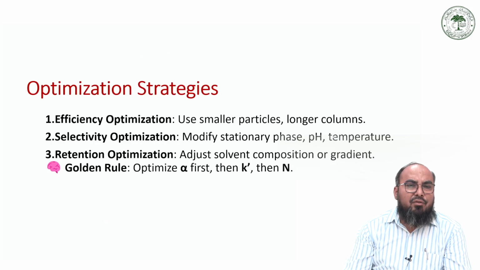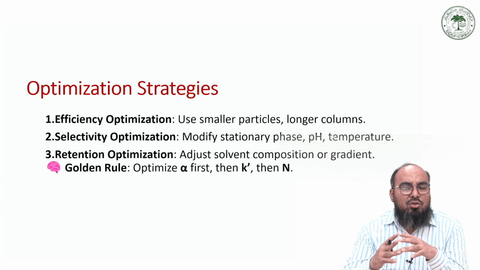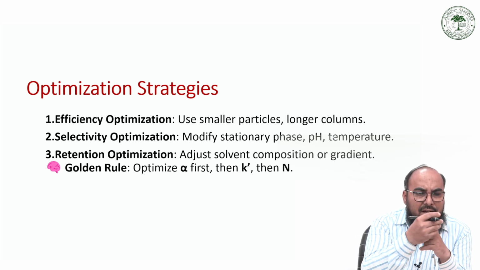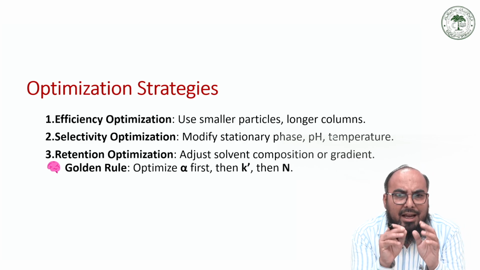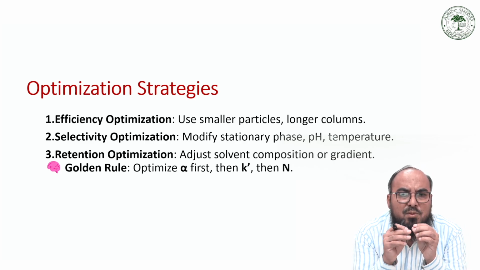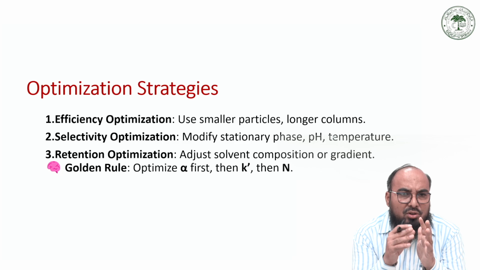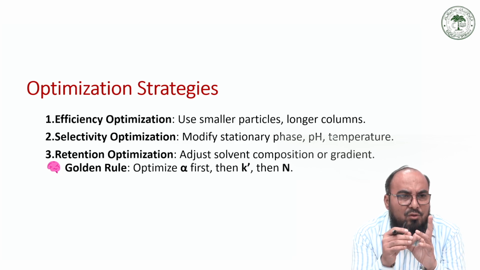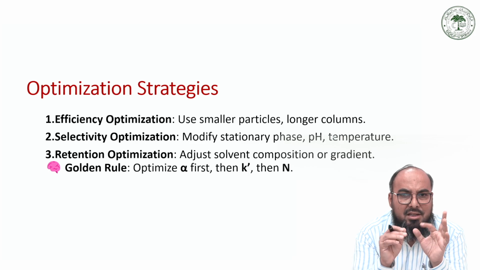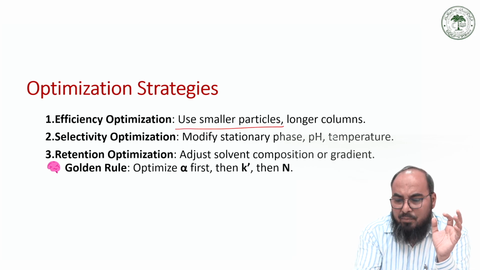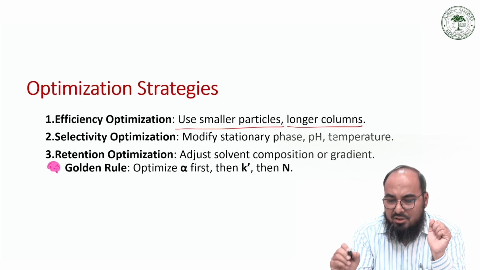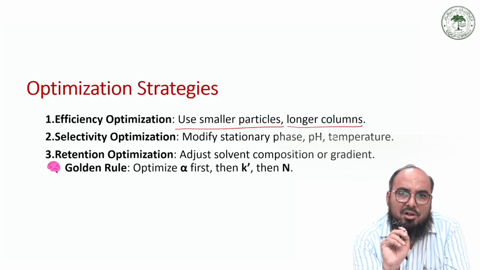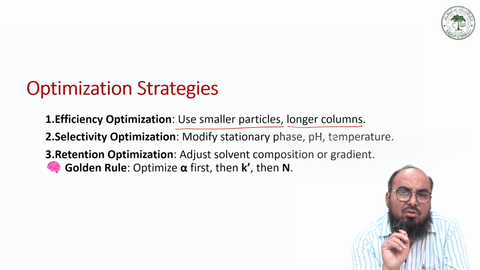So what are the different strategies by which we can do the optimization? First is the efficiency optimization. We have already discussed that as far as possible we have to use smaller particles, as small as possible, so that we can minimize the eddy diffusion, and also minimize the C term. We have to use smaller particles, and we have to use longer columns. Now this longer column is a little bit controversial, because a longer column actually leads to longer